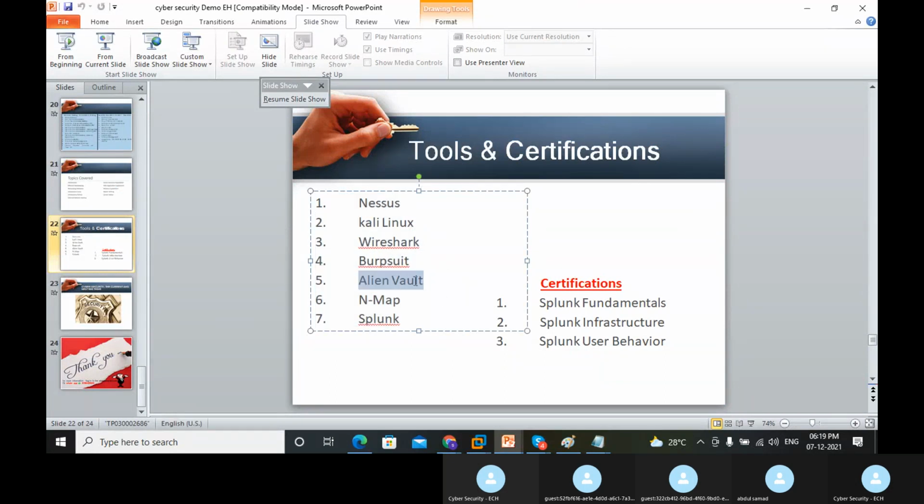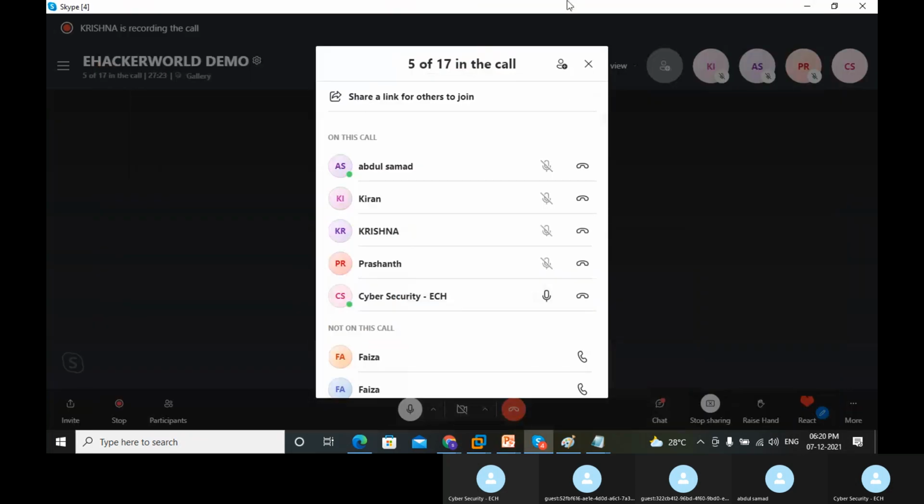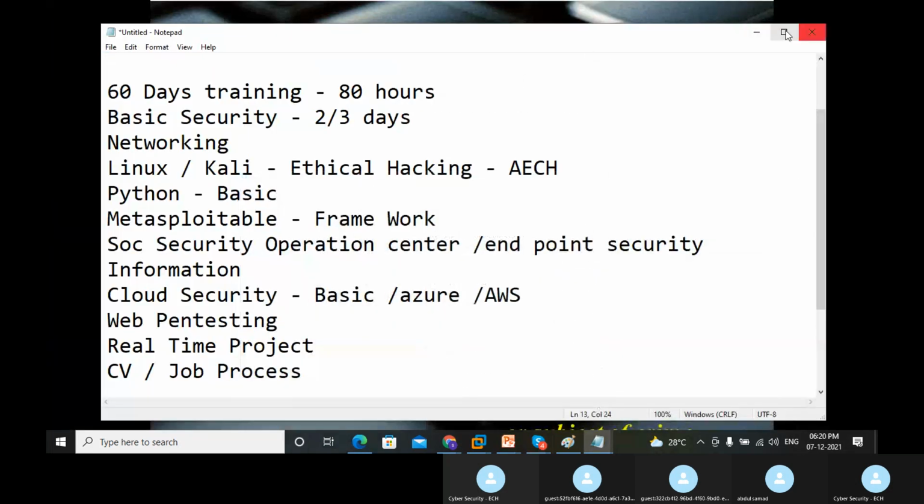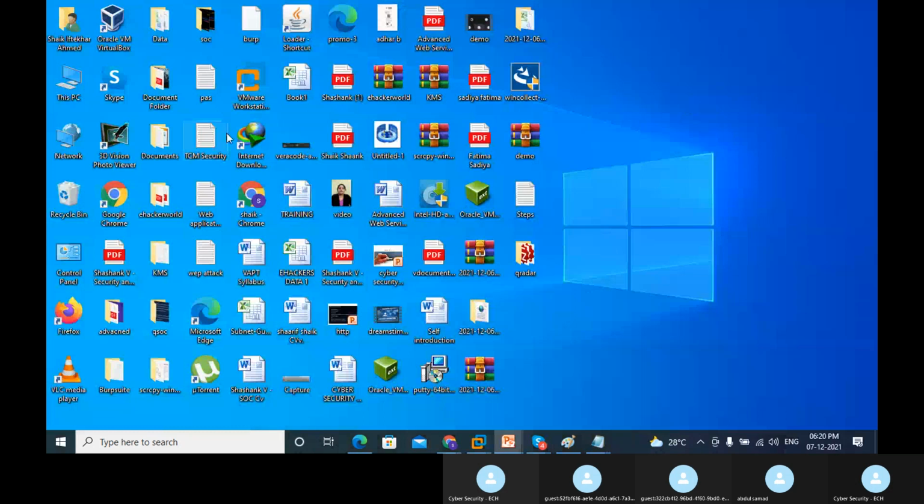It can be AlienVault or Splunk, or QRadar; any of the tools we use, but mostly we are using IBM QRadar. Then we have tools like Nessus, Wireshark, Burp Suite. Apart from this, there are several other tools. If I show you, there is a different tool list. I am actually on the other machine here.